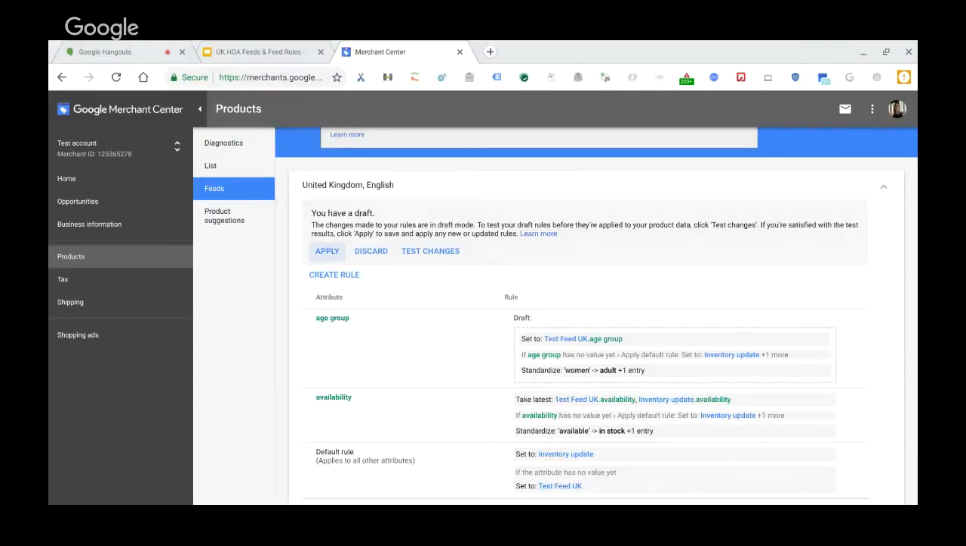So once you hit apply, with the next feed run, they'll be applied to the feed where you've added those feed rules. You can see you'll always get a summary here as well. You can obviously discard changes, but